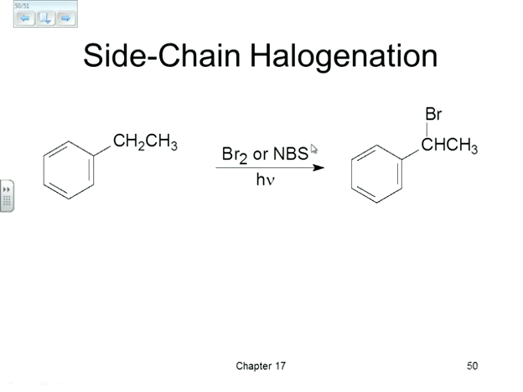The NBS one. NBS, you see you can actually just write it as bromine. NBS is a form of bromine. And basically what this does with the light, it's a radical reaction. And so it's going to put a bromine on the most stable radical position, okay? Which is never on benzene. It's always